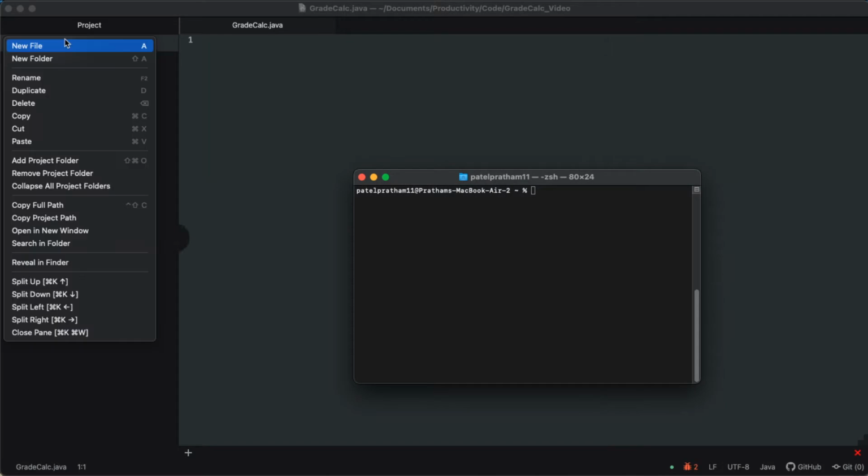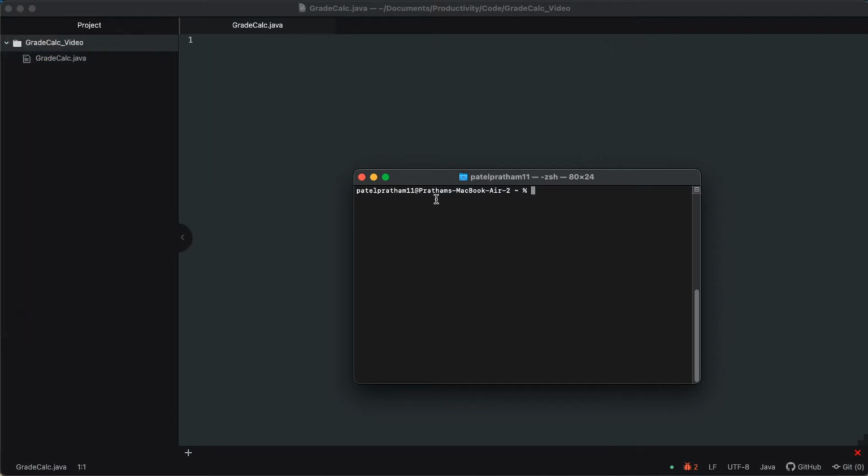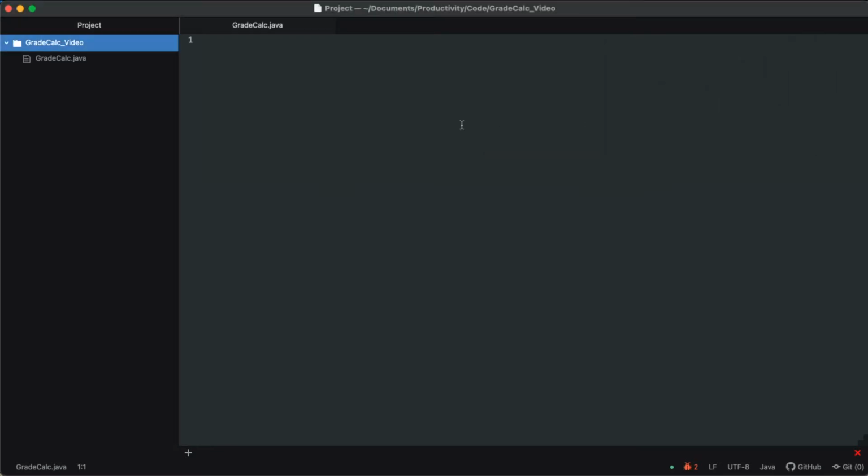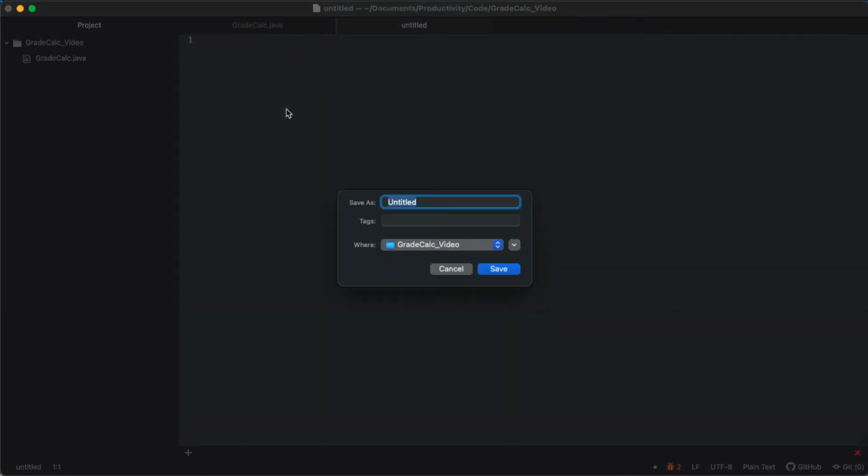So I've already gone ahead and made my folder and my file, and I'm going to bring up terminal over here. Copy full path and then change my directory. Cool, so that I can be ready to test it. So actually I'm going to first write a planning